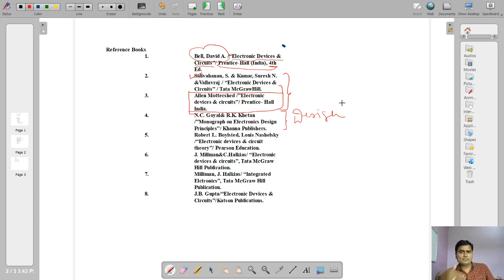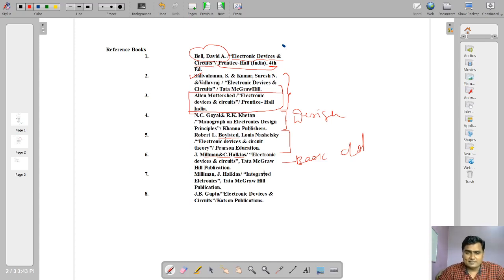You will come to know everything when we start with the actual syllabus. Then this fifth book is also really important. It is by Boylestad. Then Millman Halkias, one of the basic and old books also. It's a really old book by Millman Halkias, and at second year level, you need to have patience to understand the concept from this book. Even though it is a basic book.